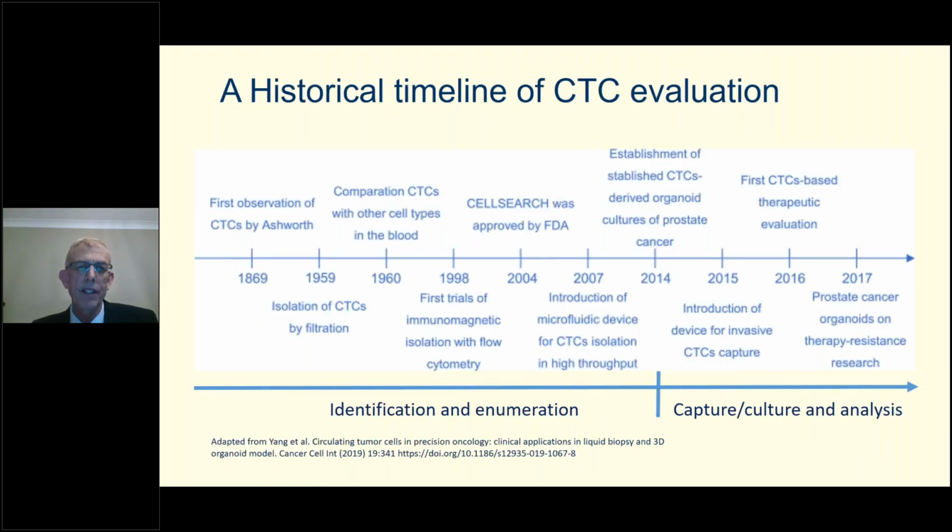Looking at a brief historical timeline of CTC capture and evaluation, it is remarkable that we're not looking at a new phenomenon here. I was able to search through the literature and I found the first ever publication by Thomas Ashworth in 1869, where he saw, in a post-mortem of an individual that had died of cancer, tumor-like cells within the bloodstream. And this was way back in 1869. Moving on to the 20th century, it was around about 1959 when